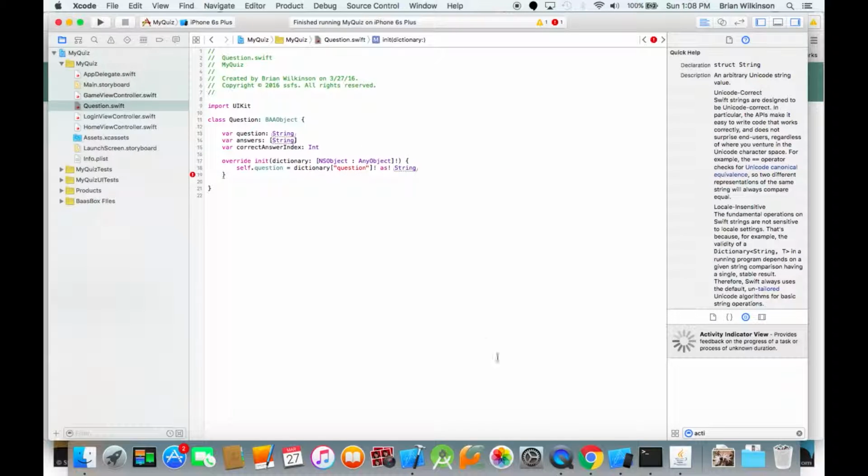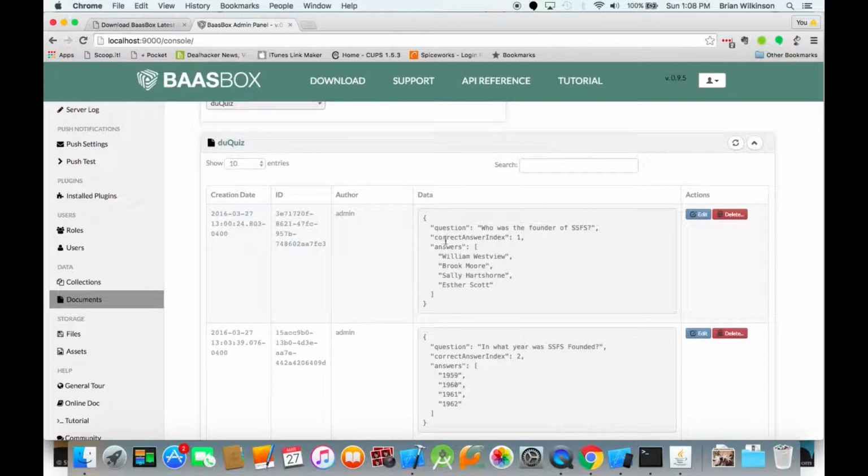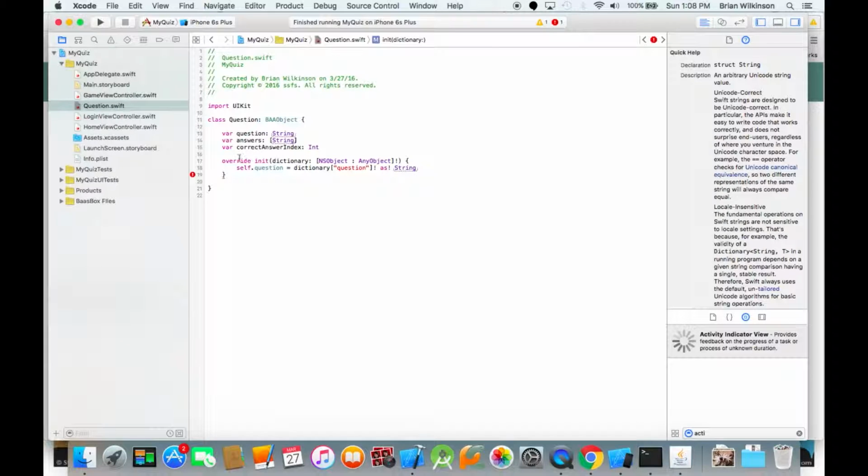So remember when we created our BaasBox question, I had this key question and it had different values. Each different object had question, correct answer index, and answers. And they're going to correspond to each of these properties. So when I say self.question, I'm getting this information back from the